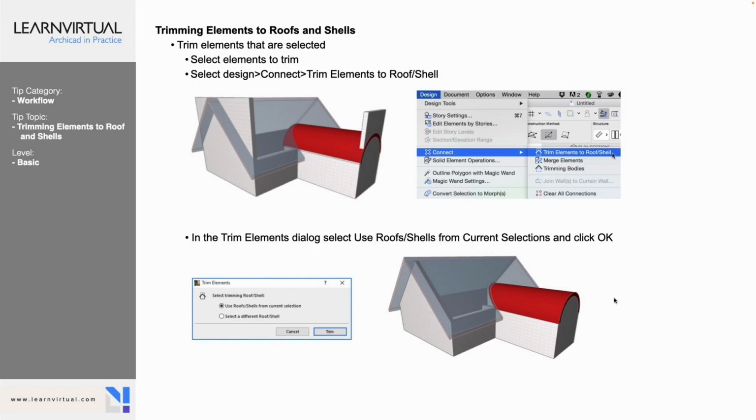Let's get started. Our tip of the week today is trimming elements to walls and roof. Let's talk about that in a little more detail. As I just mentioned a second ago, the way that you connect those walls to a roof or